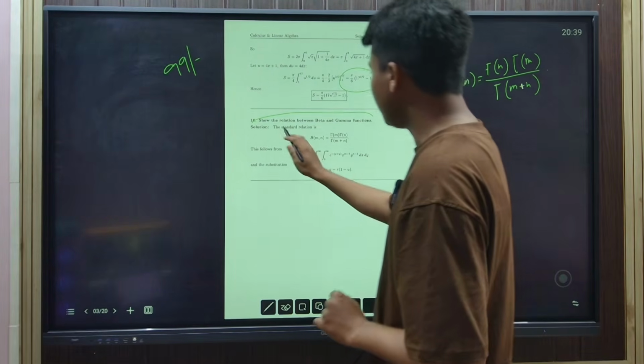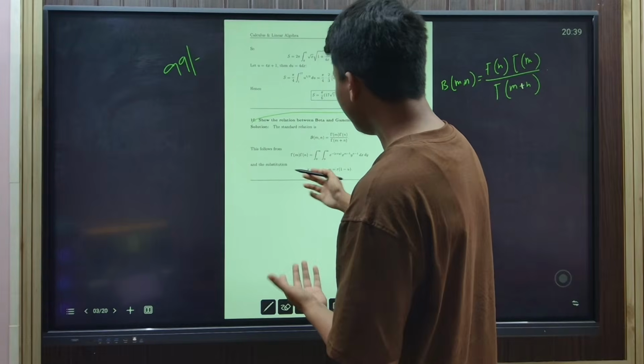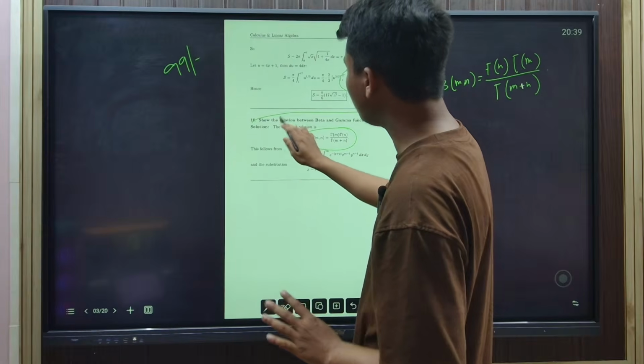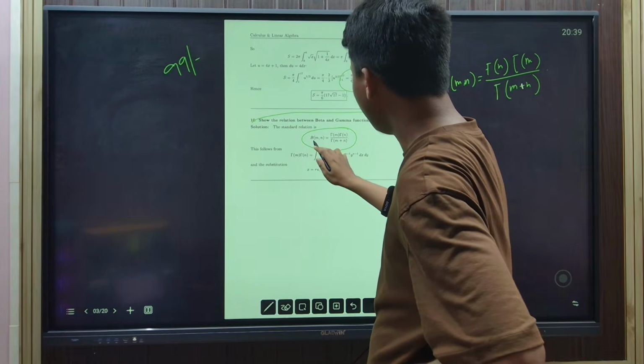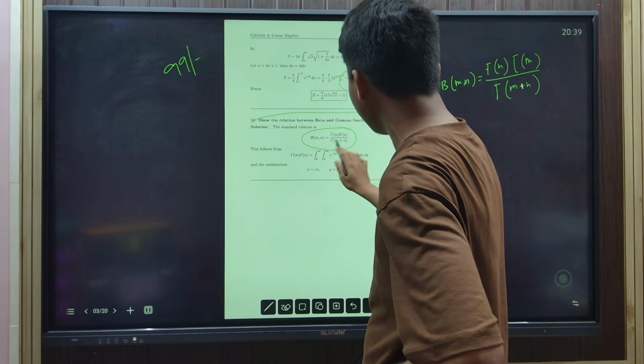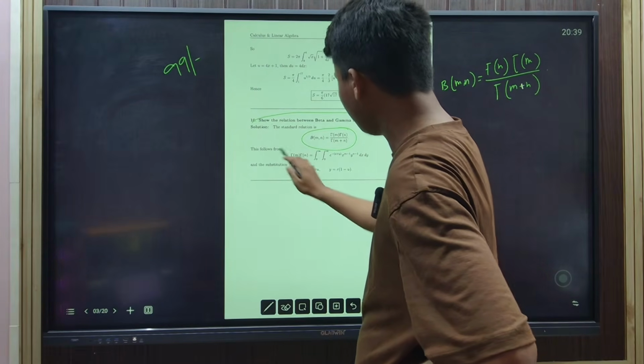So now, so next, the beta gamma function. This is the relation between, you have to show the relation between beta function and gamma function. This is the beta function, beta m comma n, equal to gamma m gamma n divided by gamma of m plus n. Now this follows that